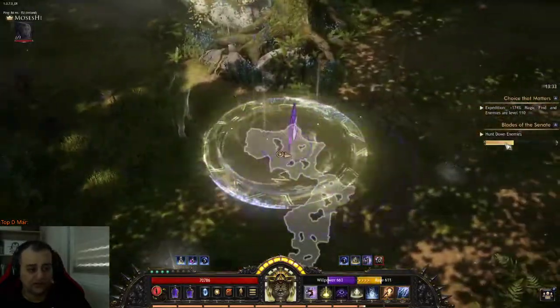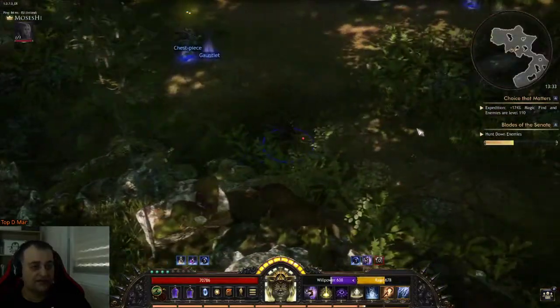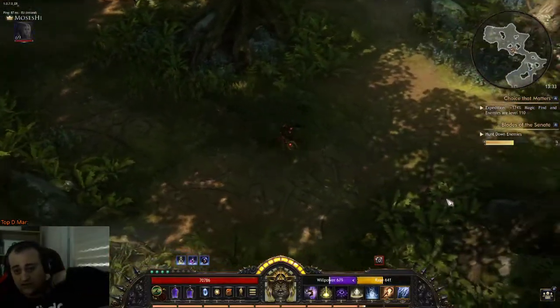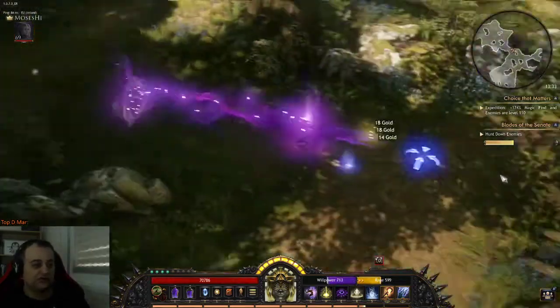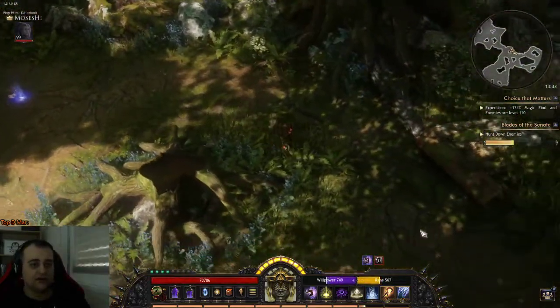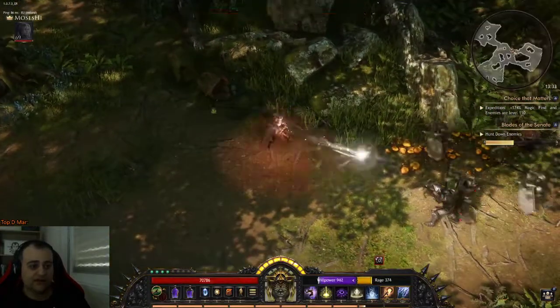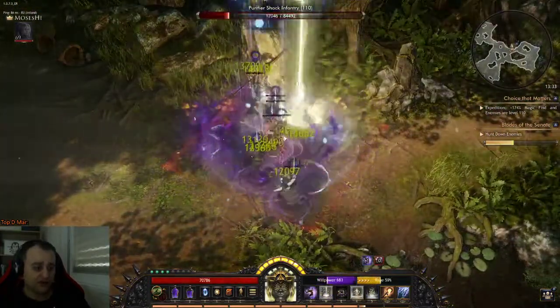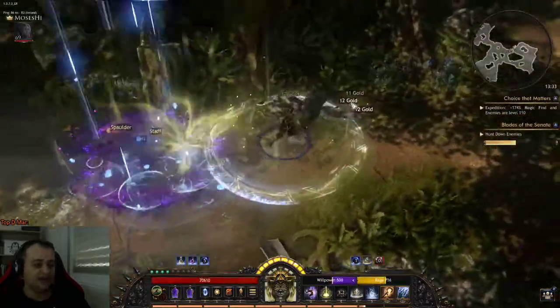Unfortunately, in Wolcen, spells scale way worse than attacks. It's one of the things I'm talking about in a different video, my concerns about Wolcen. You guys can check it out. One of the things is that attacks scale way better because attacks are based on your weapon, and if you get a 1k DPS weapon,